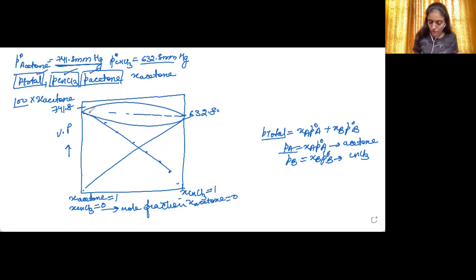Okay, so this will also be the similar curve you have already studied. This will also be having an impact on these curves because the total vapor pressure is the sum of the partial vapor pressures. If the total vapor pressure is increasing, this means the partial vapor pressures are also more than the ideal behavior.